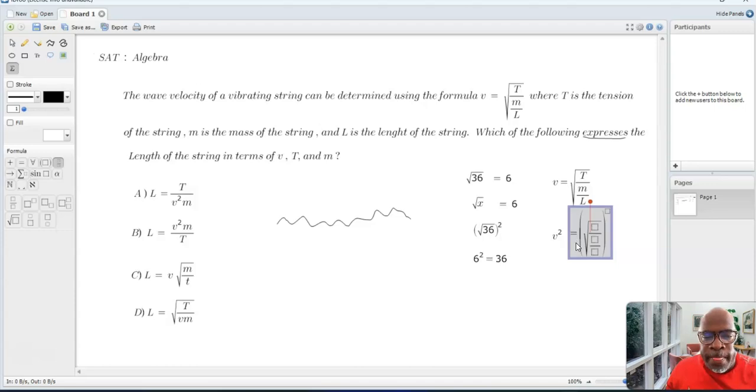Here we have it, right? So put our square, right here, and we'll put t right here, and we'll put m, and we'll put L. Now we know that when we square this, we're going to get back this thing under this symbol right here. So therefore, let's write that. v squared then is equal to